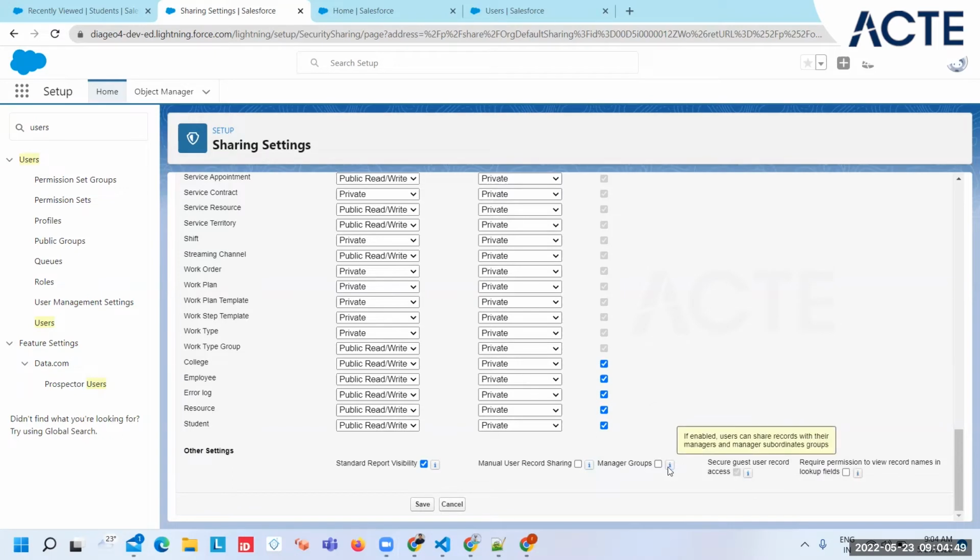So here you can see, if enabled, users can share records with their